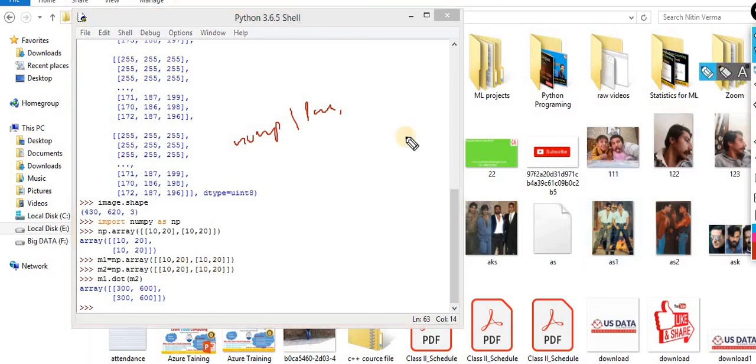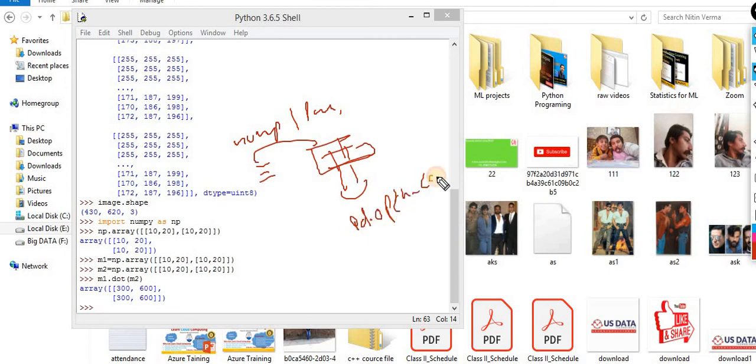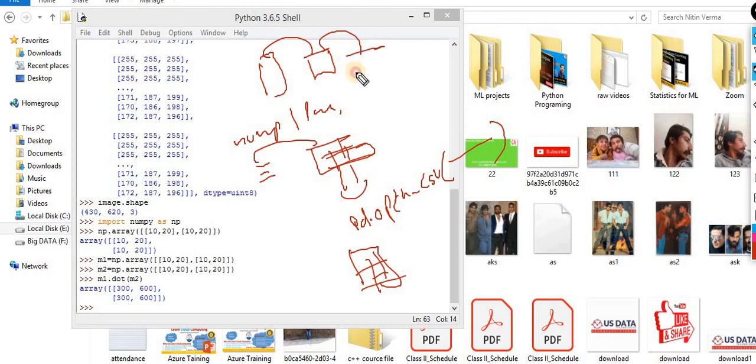Again, when we use pandas, here we would write n number of lines to read the data and represent the data into rows and columns. But with the help of pandas, there is only 1 line, pd.read_csv, and you are supposed to pass that file. Automatically your data will be in the form of rows and columns. That's it. So that's why I always show the lengthy code, then the intermediate code, then I move to the small codes. Automatically when you do these kind of things, your basics are clear.